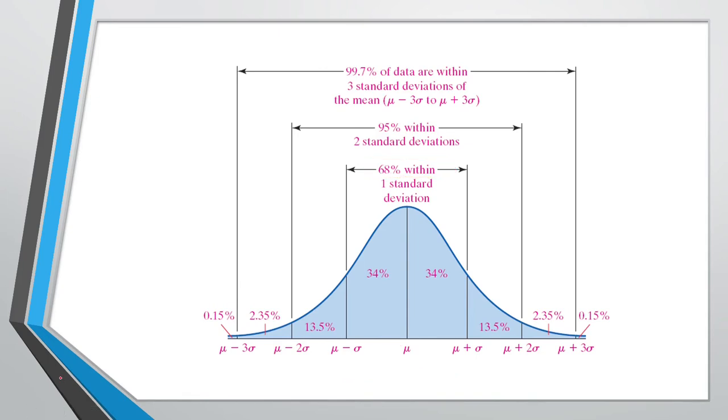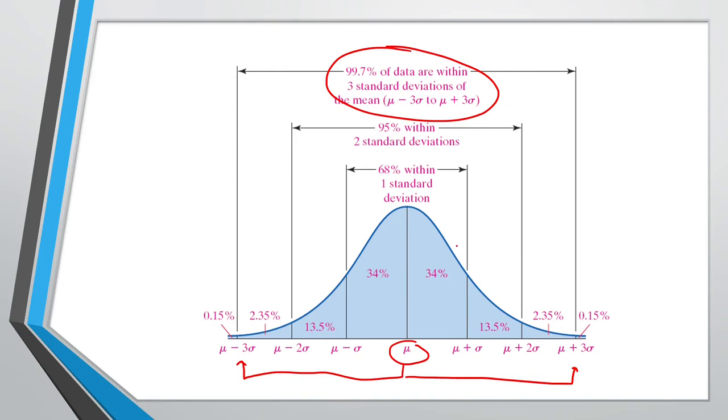So if I am within one standard deviation of the mean, that captures 68% of the people. Now if we look at two standard deviations, I'm going to add or subtract two standard deviations from the average. I will get 95% of the individuals falling within that range. And lastly, if I take the average, add or subtract three standard deviations, that will capture